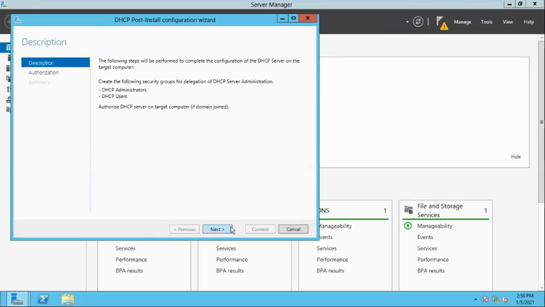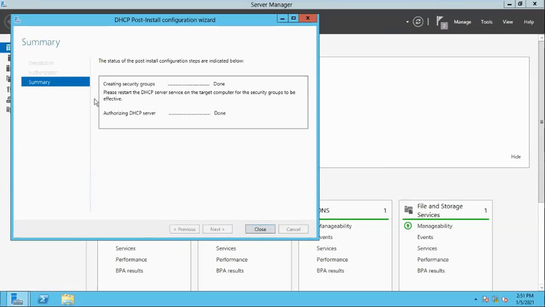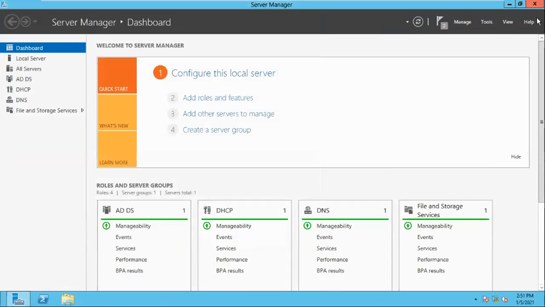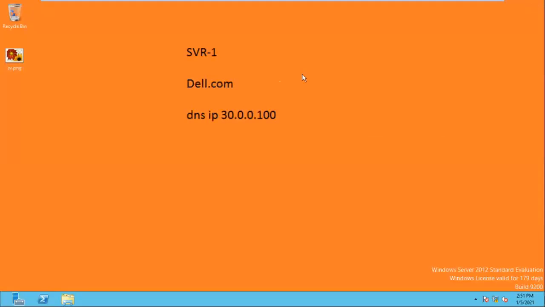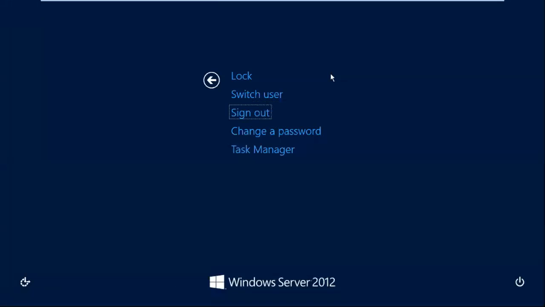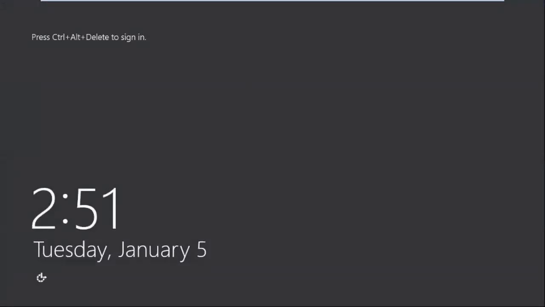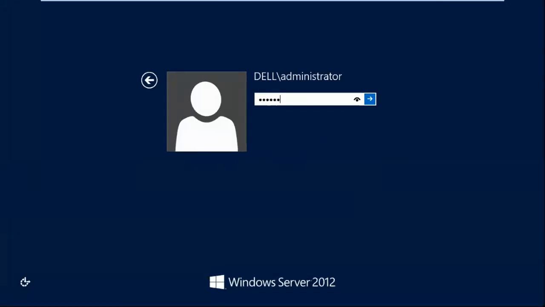Click on next, and click on submit. The username is the server administrator user. You can change and modify it here. Click on create a DHCP scope. So please restart the DHCP service computer. Already we checked. Close it. To restart, you can restart, but I'm not going to restart, I'll just log off and log on.